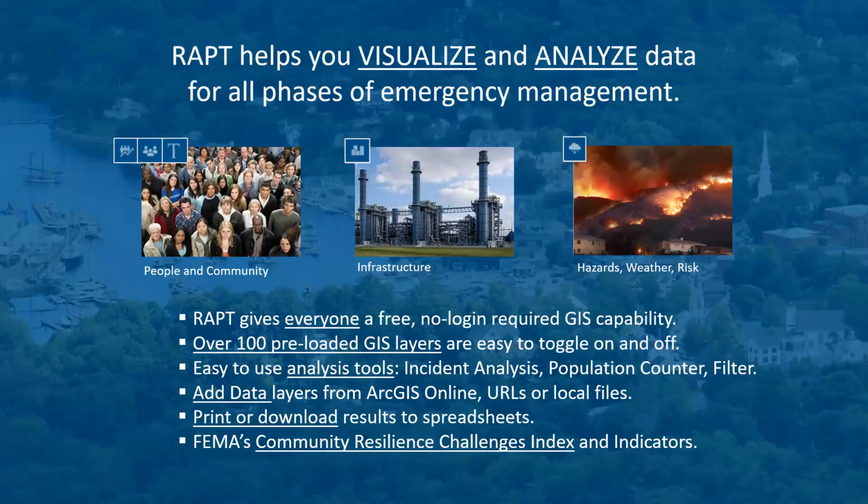We have over 100 different preloaded GIS layers, and those are a combination of three different data sets: community demographic information, hazards information, and infrastructure information. You can visualize that data on the map, or you can see it in pop-ups, and we're going to show how to do that. Combining those layers with some pretty powerful analysis tools and the ability to add your own data makes RAPT very useful for those of us, like myself, who are not GIS experts and don't necessarily know how to use GIS